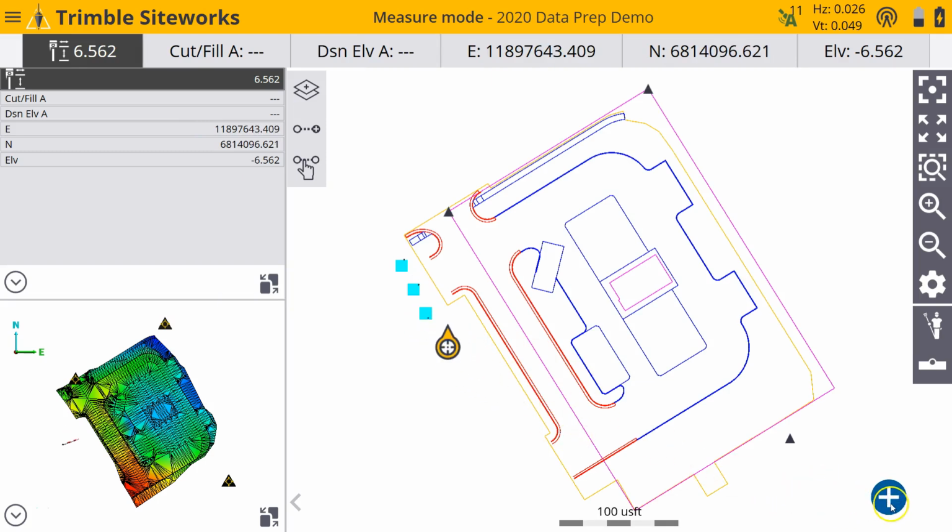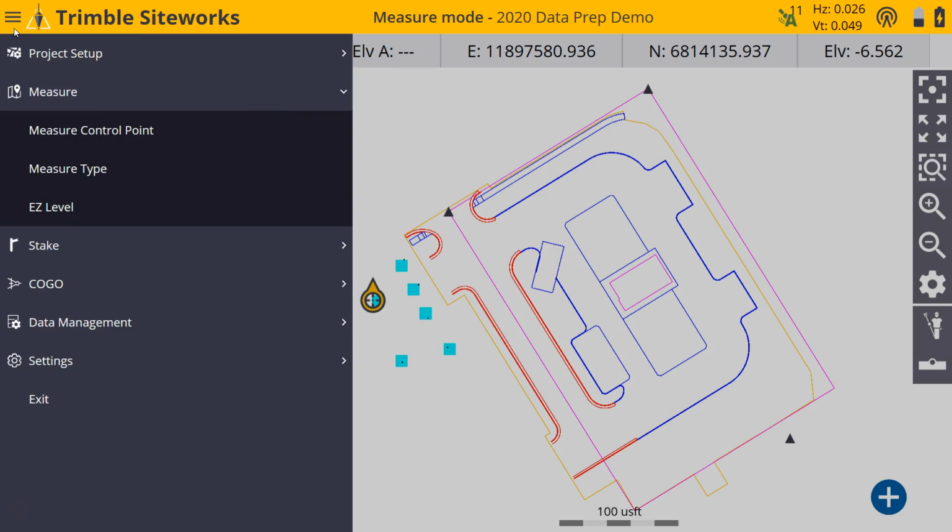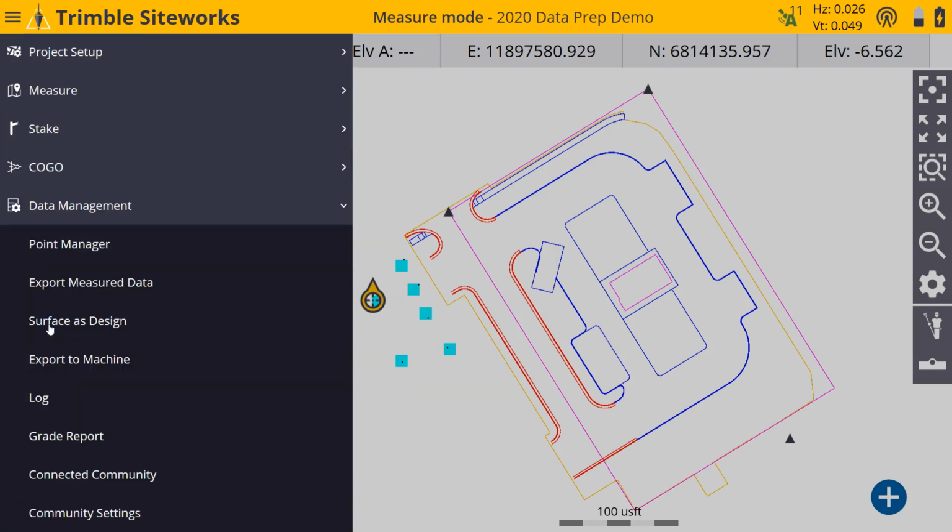So you can see I'm just walking around, doing some topo, taking some shots. Then what I'm going to do is I'm going to go back to my data manager, and